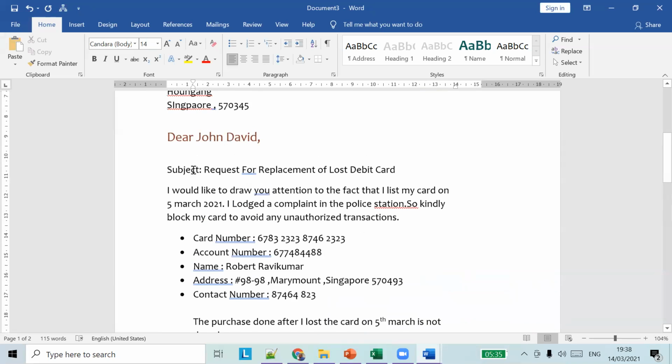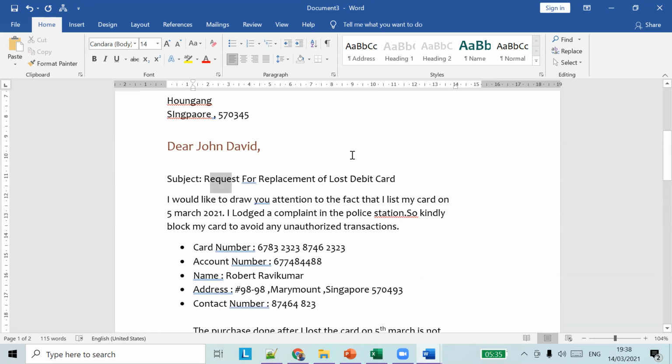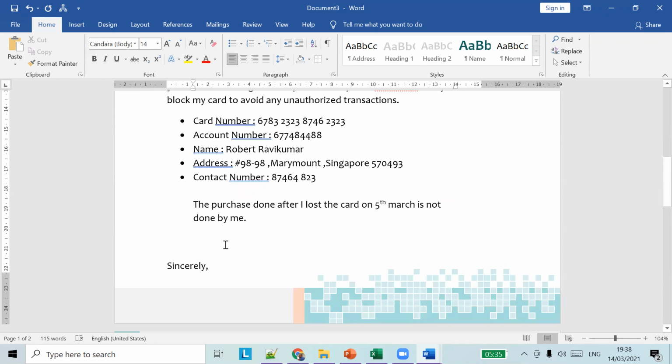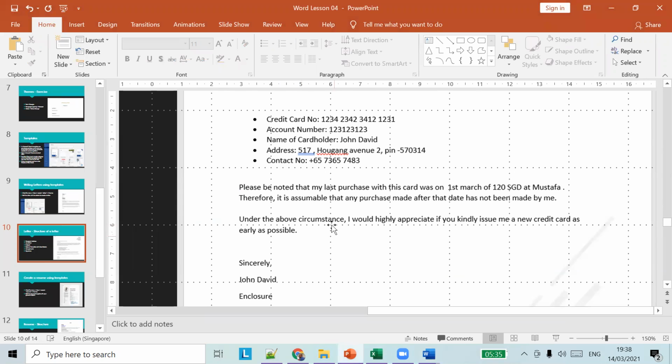So this is the body of the document. We have given the subject. We have drafted the body of the document. And now we have to finish the document. So that is called compliments. And in the compliments, we can say the same thing.